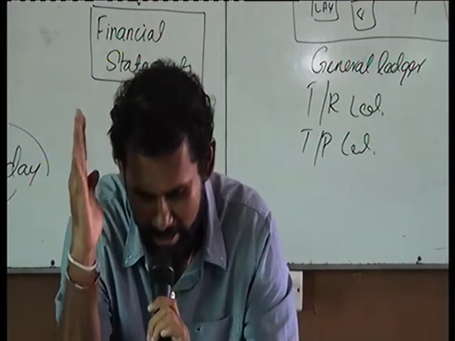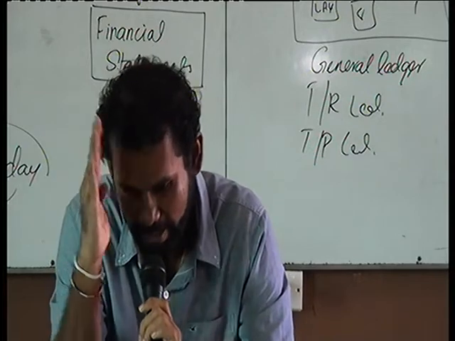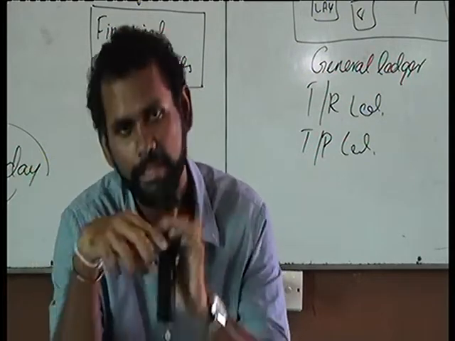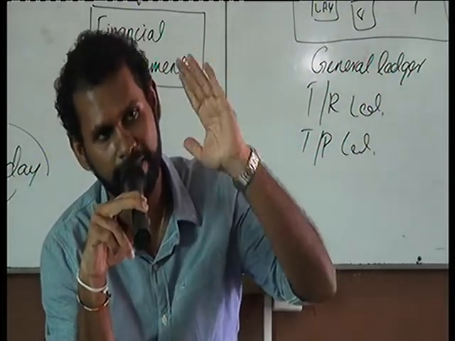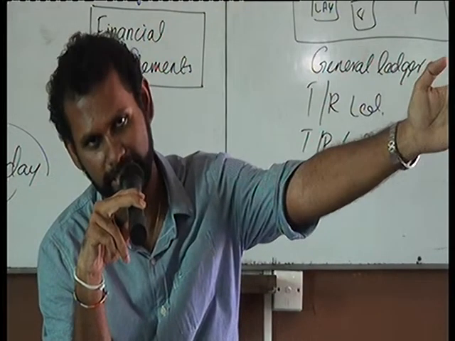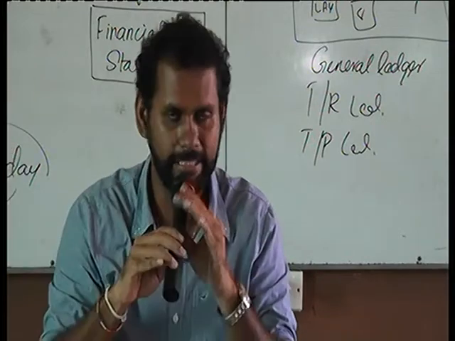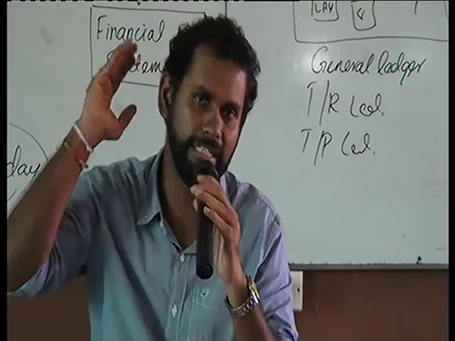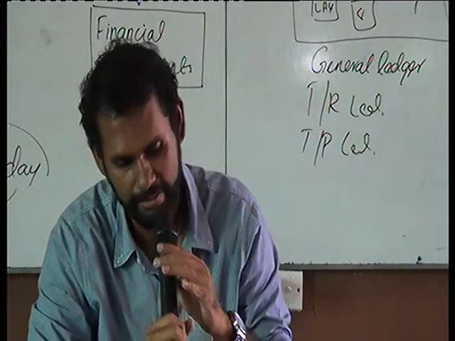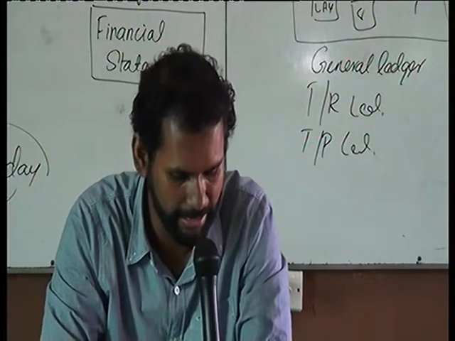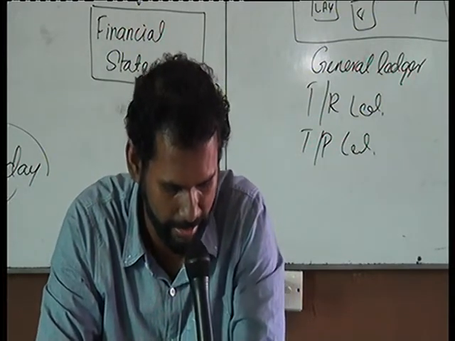So we discussed initially that for the double entry, there will be a debit side as well as a credit side. Generally, the debit side means the left-hand side, and the credit side means the right-hand side. Keep that in mind: debit is the left-hand side, credit is the right-hand side.